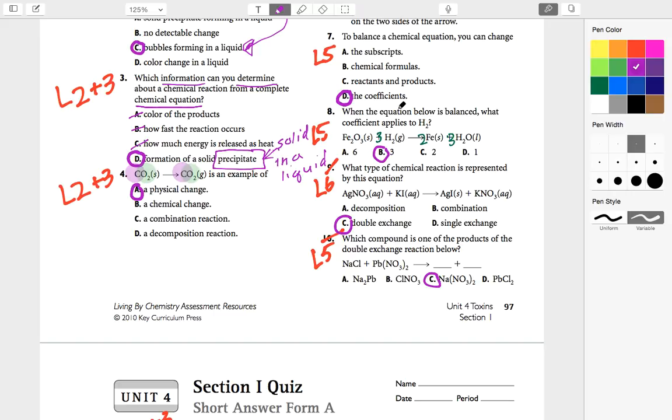Your answer should be B3. When you just look at this chemical reaction without balancing it, a lot of you chose D1, which would be correct if this was already balanced, but it's not. If you don't know how to balance equations, you probably want to revisit the lesson 5 video, Balancing Equations, on